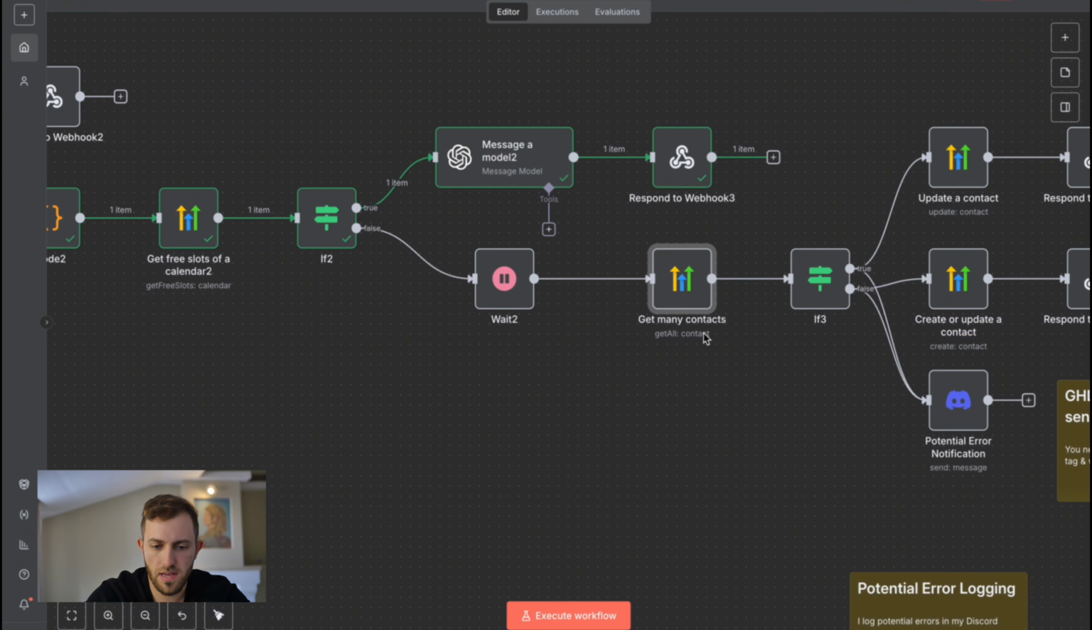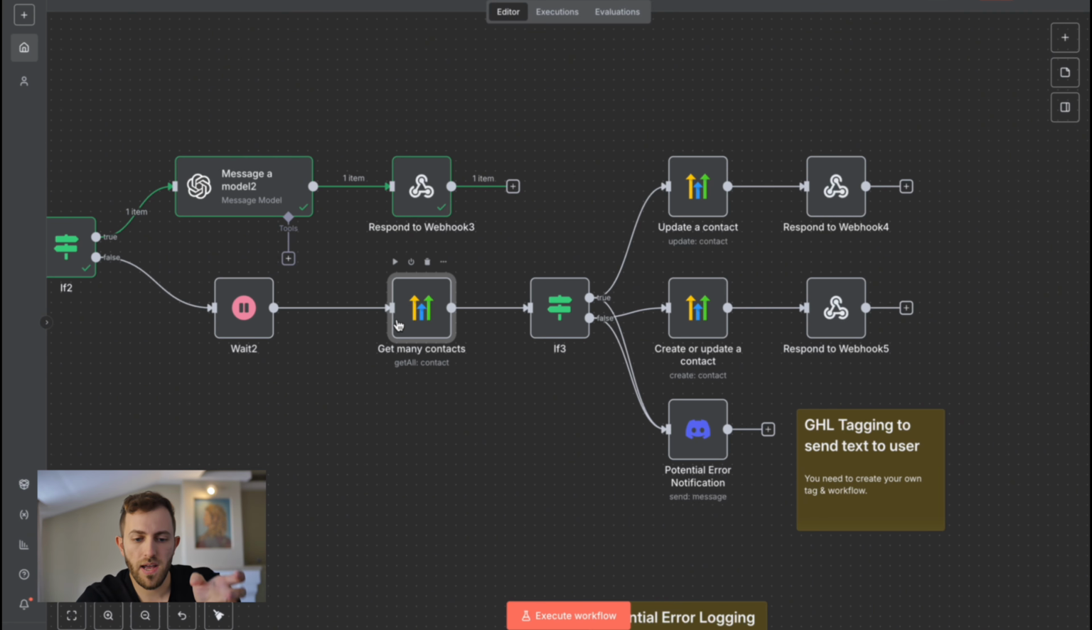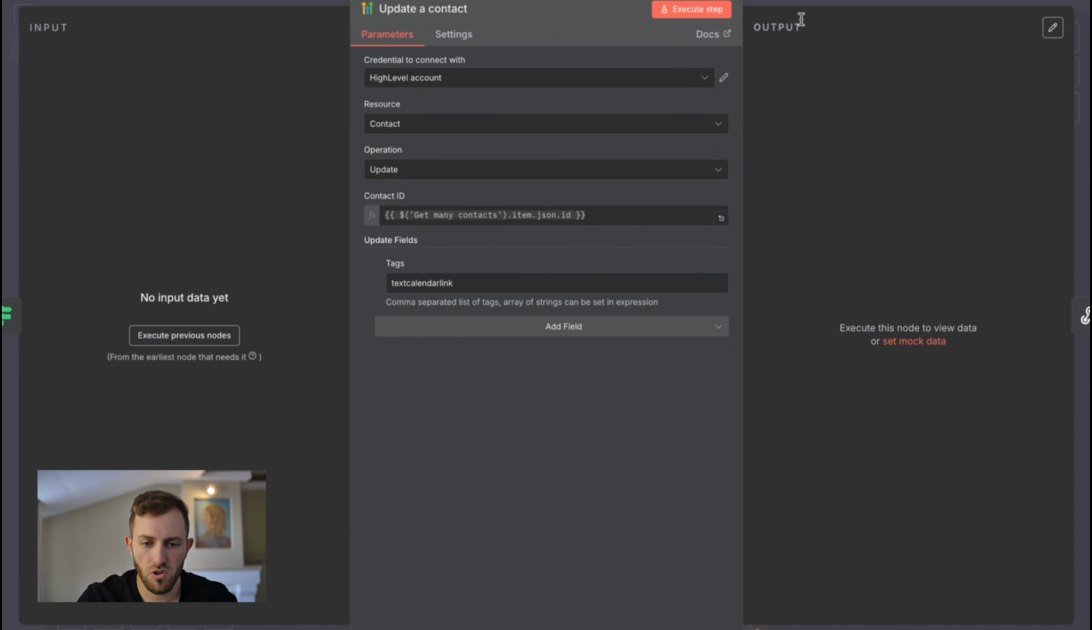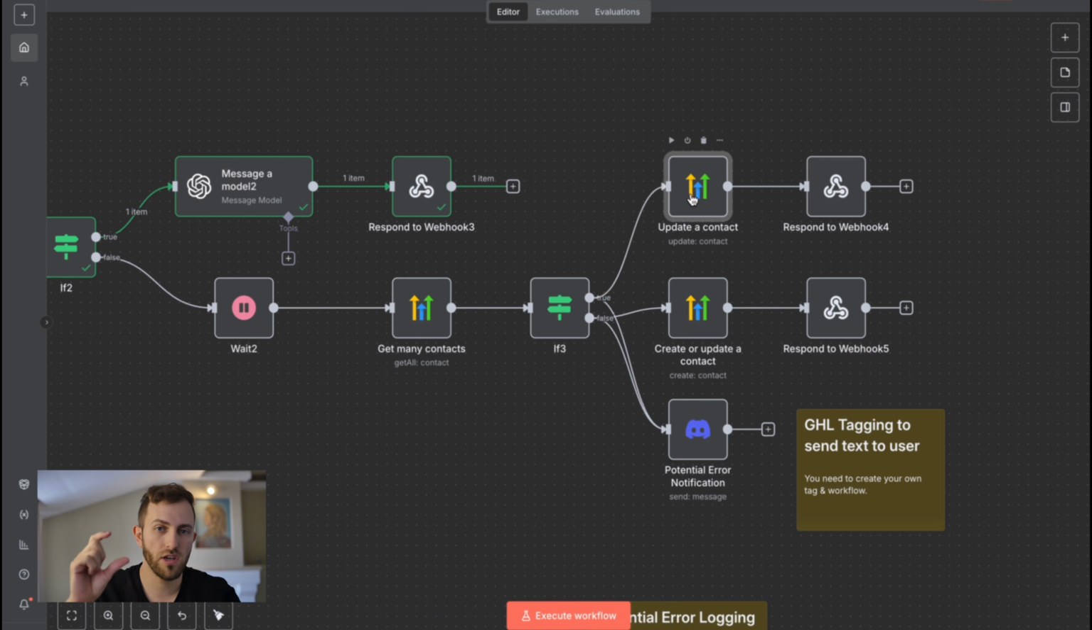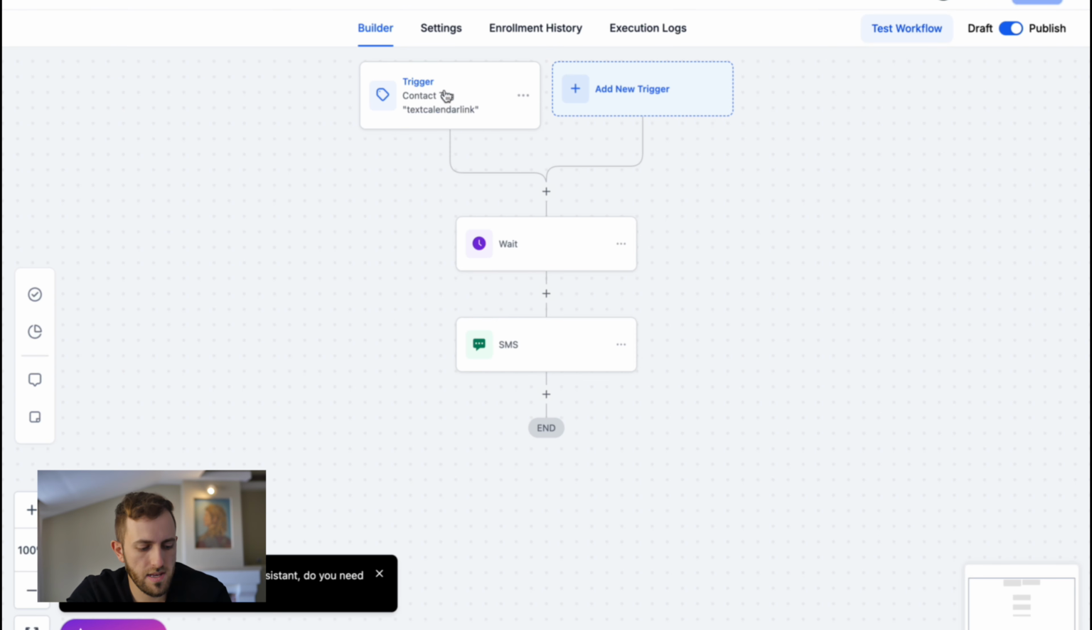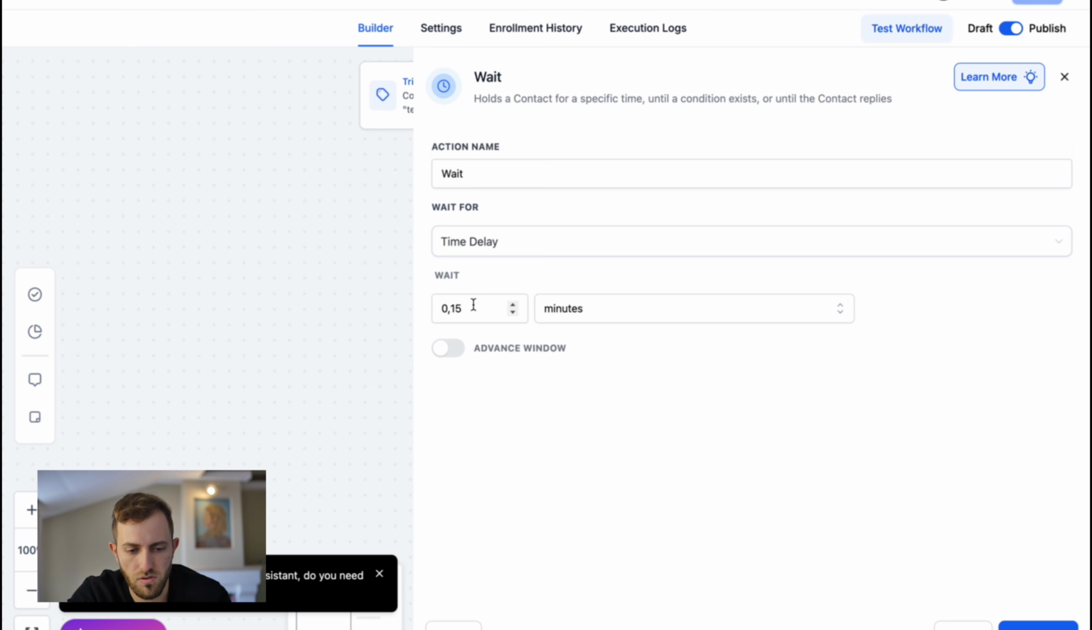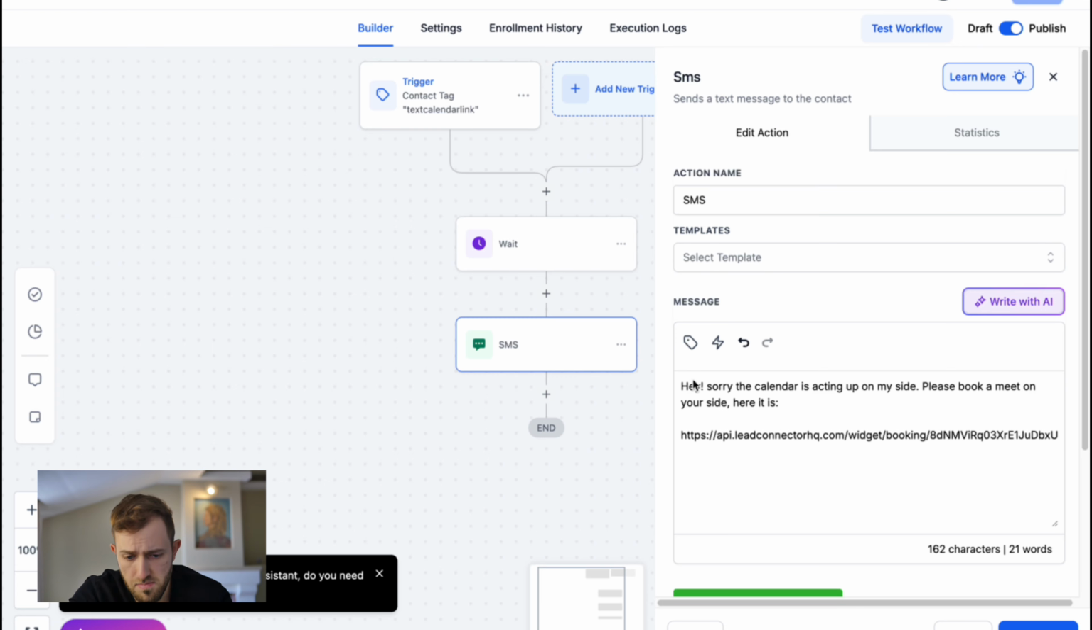You don't need to do anything here. Based on that phone number, if we find the contact, then we update the contact and we add a very specific tag to the contact, which is going to trigger a HighLevel workflow to send them a text. So that workflow on the HighLevel side is going to be very simple. We have just a trigger, in this case, it's text calendar link. Then I just wait for just a few seconds, and then we send them an SMS, which in this case